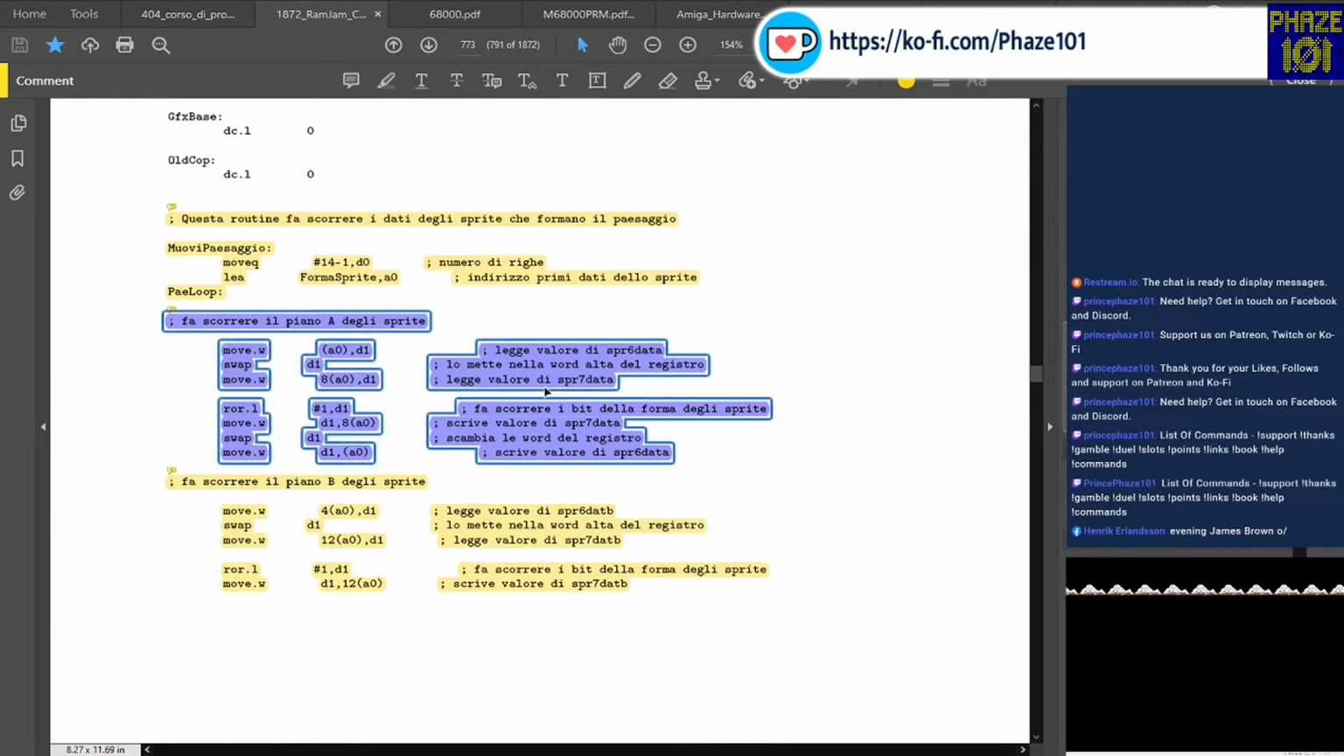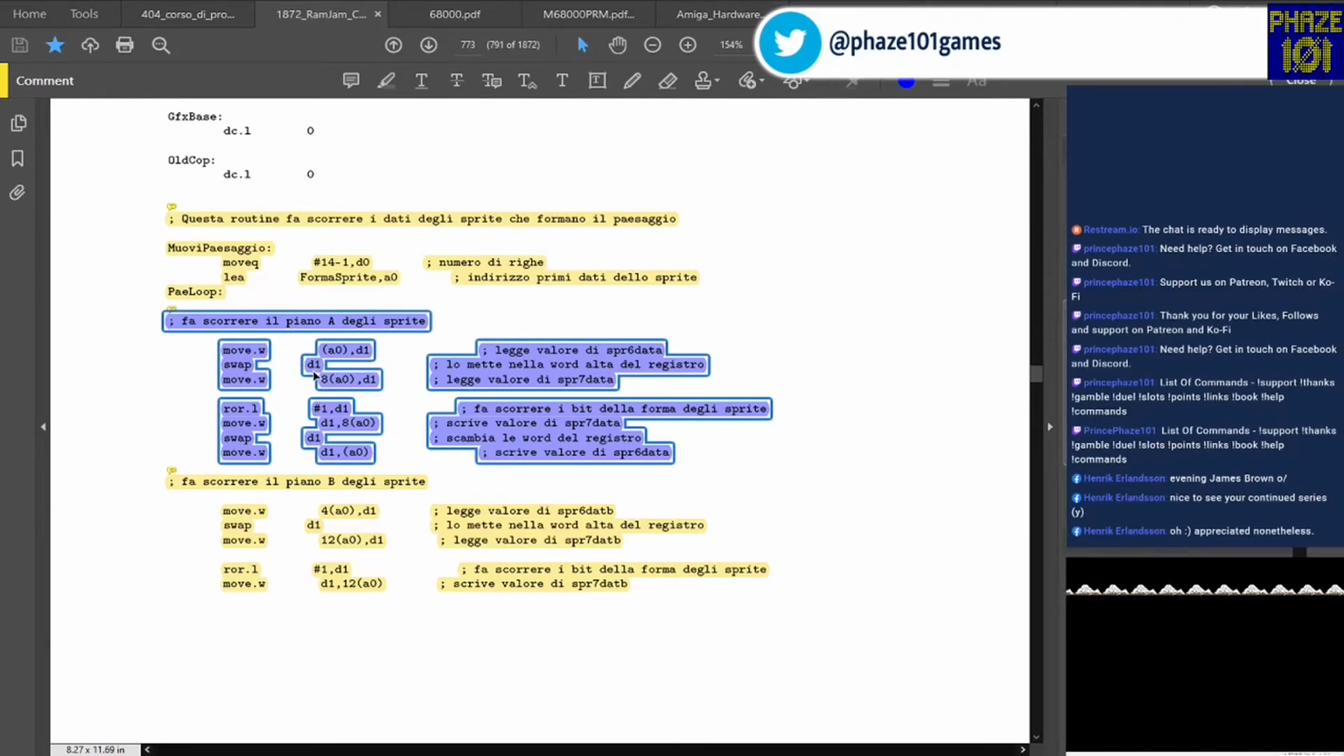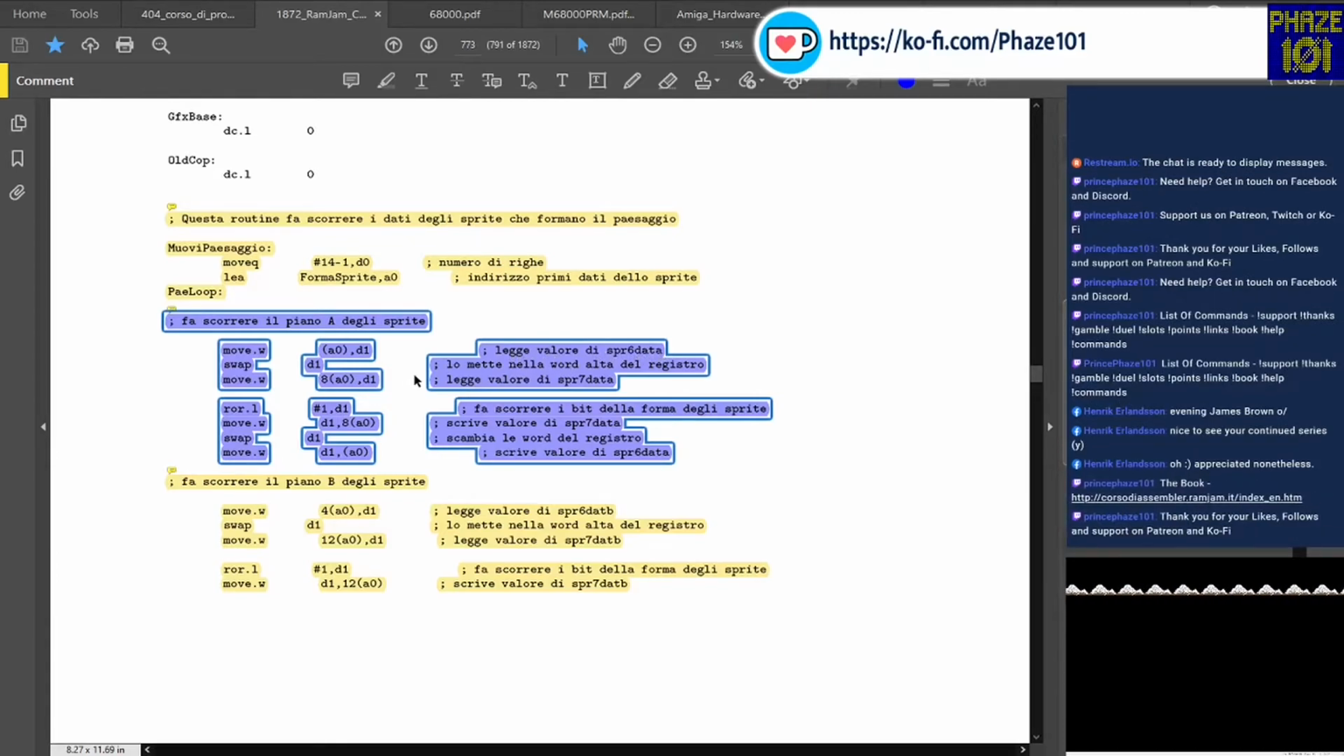Here is what's happening. I'm going to start from here. I was saying that the sprite data is being rotated. We have two sprites, repeated several times on the same horizontal lines. So what Fabio is saying here is, remember, we have dot A and dot B for the sprite data. Here he's reading the first word of sprite 6, and then